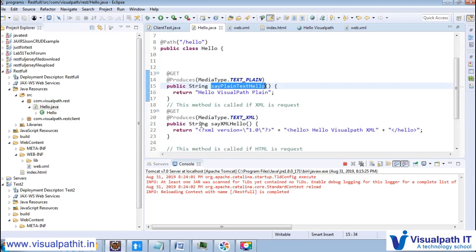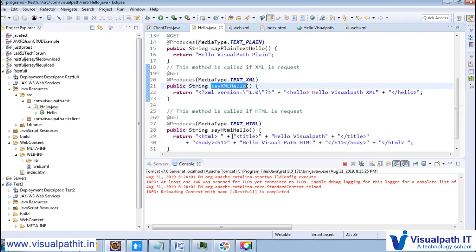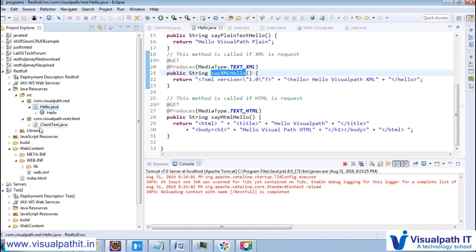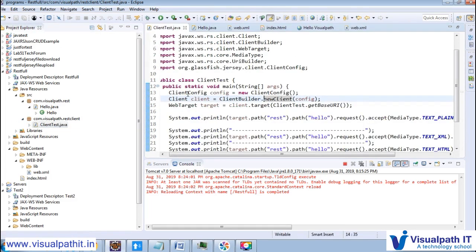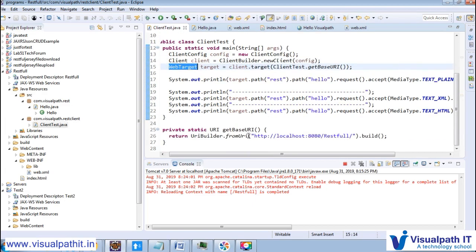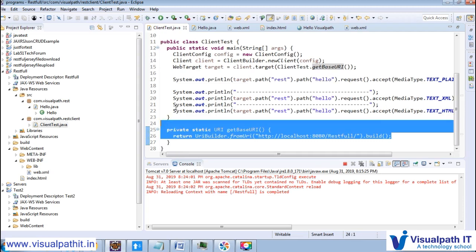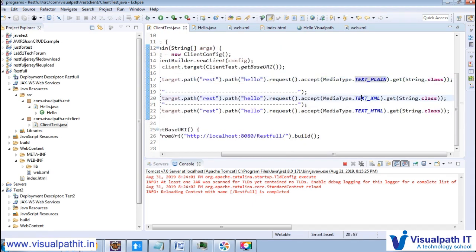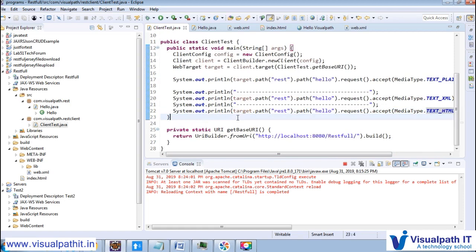So same thing is here, a string we are going to return. So this thing is there. So this is the REST application, complete REST application. But here as a client we are going to utilize client configure. We can configure as a client. We have to pass this config object, and web target we have to build this URL. We have to write this kind of thing, and after that hello request, and here we specify we are expecting plain text, XML or HTML. So according to that we